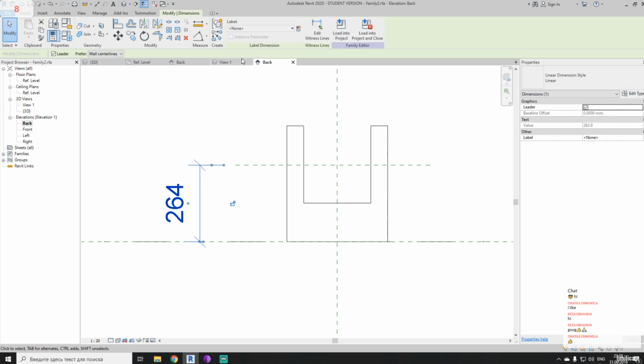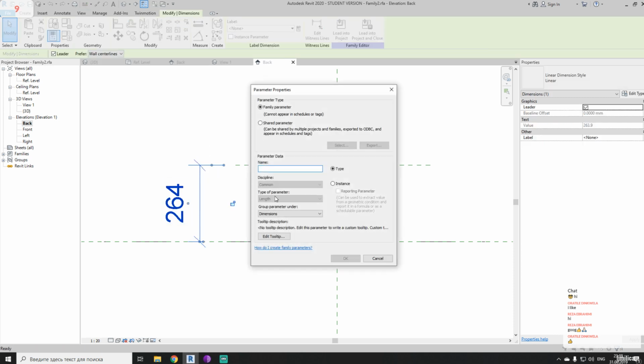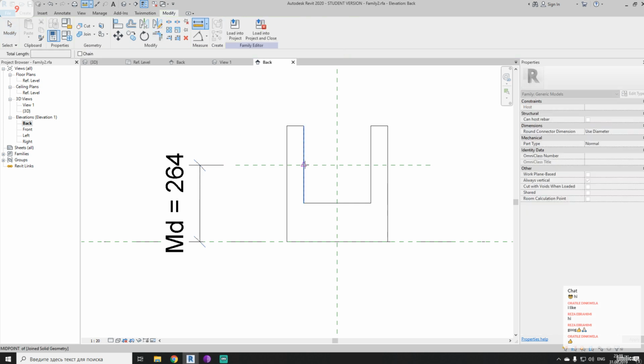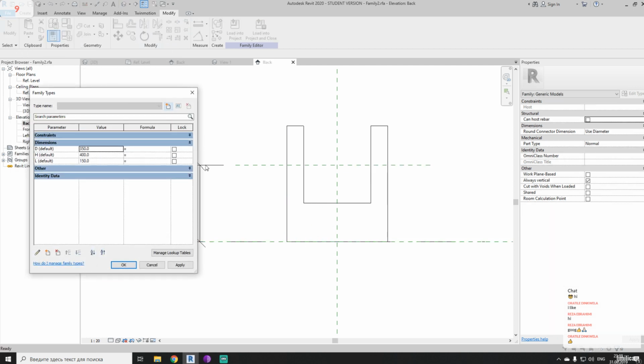And for that point we should create a new parameter. Let's call it middle. And let's make it other one, because I don't want to see this parameter. And let's make it instance, of course. Okay, so our middle is approximately, let's check it out. Approximately our middle is here. It should be 260 millimeters approximately. So to get hold of this distance, we know the whole distance is h, right? So it means to get this distance, h divided by 2. Awesome. We found our distance plus,